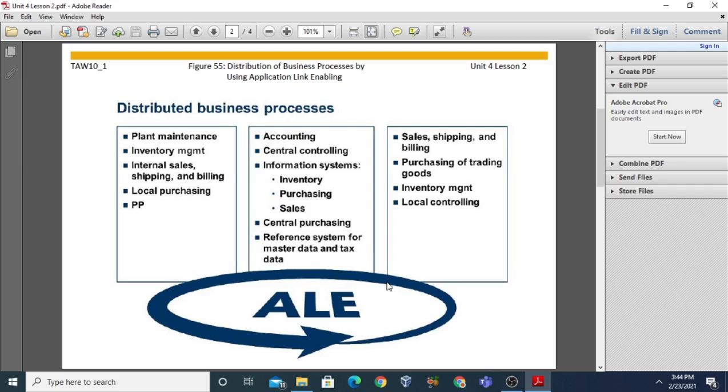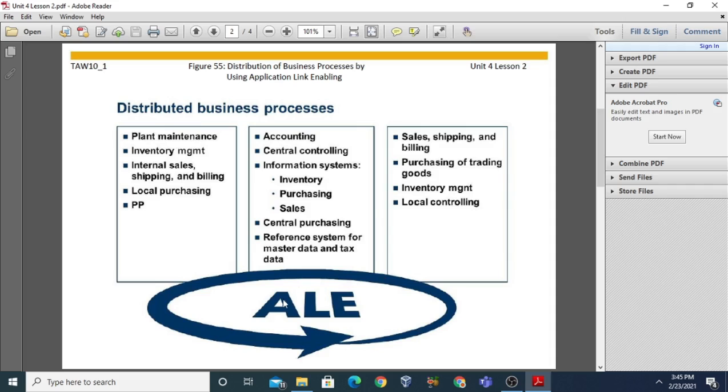In this company, we have three departments, and if one department wants to connect to another department for accounting purposes, you can use the ALE interface technology. Similarly, ALE can help to connect accounting with the sales department. So we have three departments. These three departments may be connected with the ALE interface technology, and ALE generally uses the XML format,